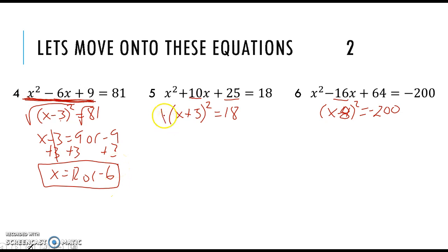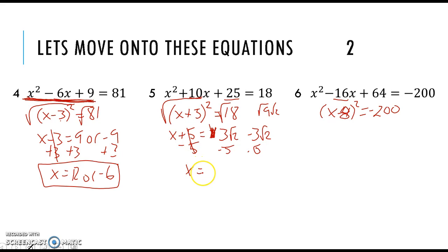Do the same thing here. I would take the square root of both sides, and I would have x plus 5 on the left equals the plus or minus the square root of 18. Well, square root of 18 is like the square root of 9 times the square root of 2. So that's going to be, I'll just write it like this. 3 times the square root of 2, and negative 3 times the square root of 2. So then when I subtract 5 from both sides, I will have x equals